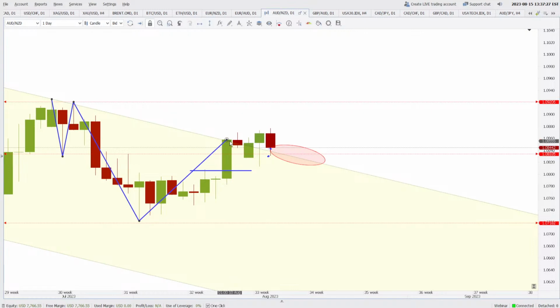Audi New Zealand is a yes, Audi New Zealand is in a consolidation based on this market structure. It is in a consolidation. Okay, but if I stop here,